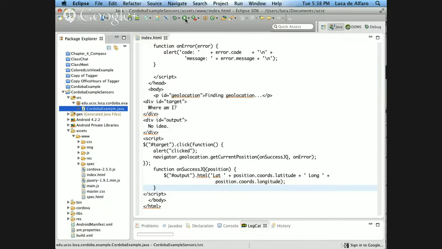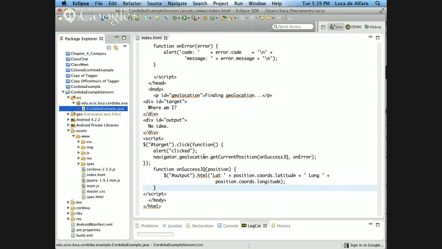This is basically a good example of writing in Cordova. The principle is this: you write a web page in JavaScript in which you can access the phone's functionality via plugins. This one for geolocation is one of the plugins, but you have a host of them. We used to have only a dozen, but now there is a growing list in which you can do more and more things.